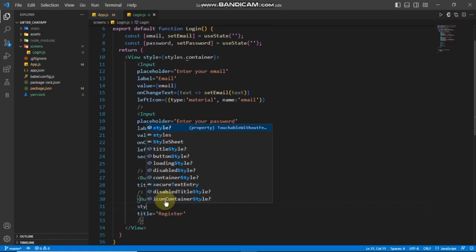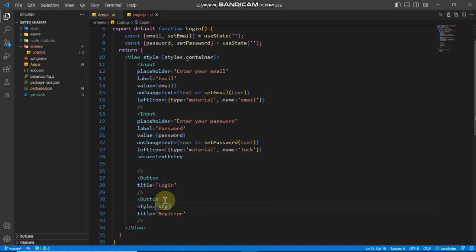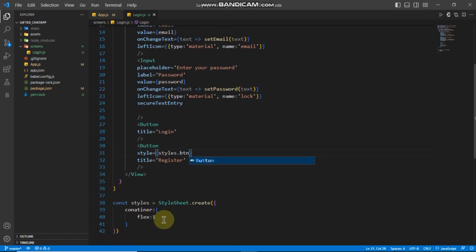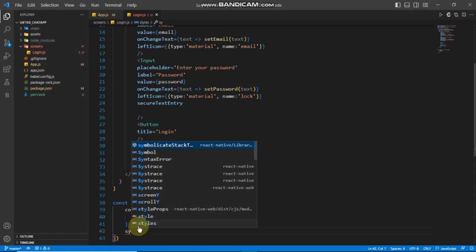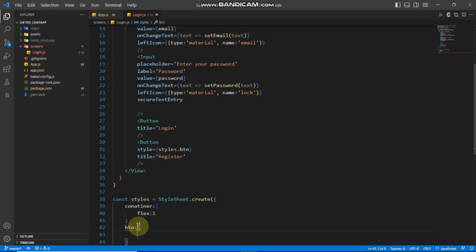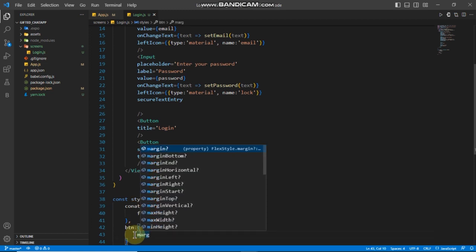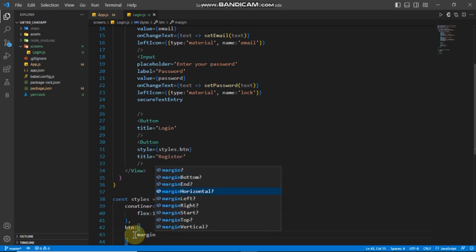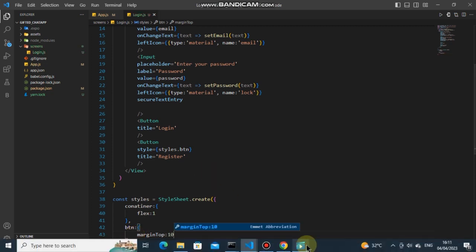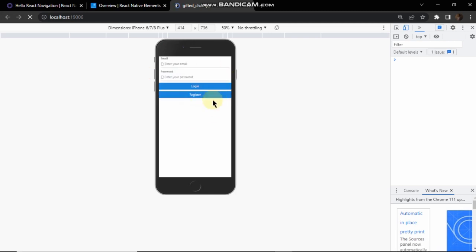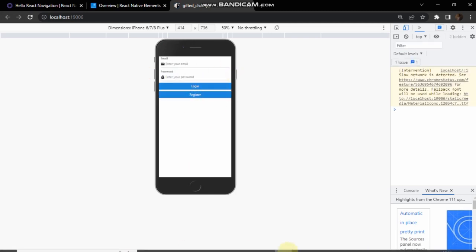We need a style, let's call it styles.btn. So let's go down here and add the styles btn. Okay, let's give it a margin top of 10. So let's check that out. Good. So we're having this, which is nice. So now